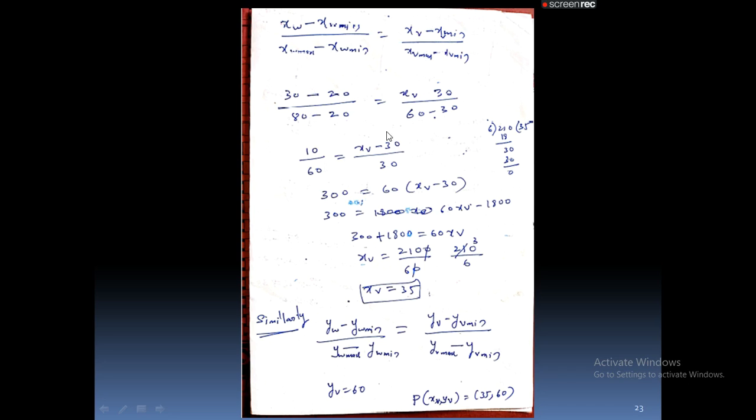I write the x-axis formula with respect to the viewport. Now if I substitute this, as I said in the previous slide, perform cross multiplication and all those things. After substituting the values, we know everything, but in this formula the only thing we don't know is the x-axis coordinate value with respect to the viewport. So xv is unknown. I will determine xv by performing cross multiplication.